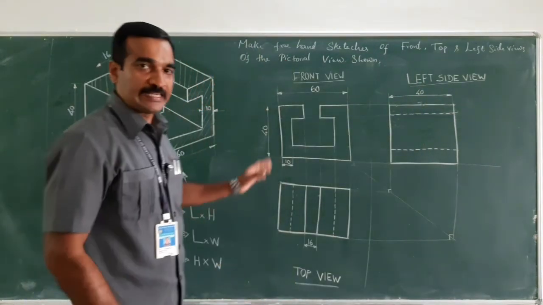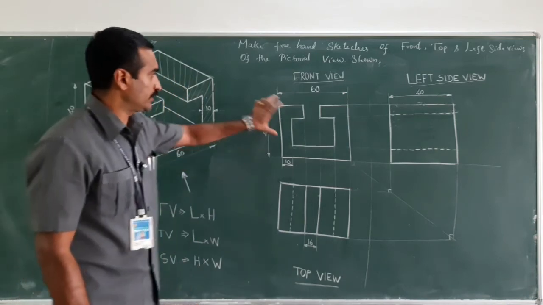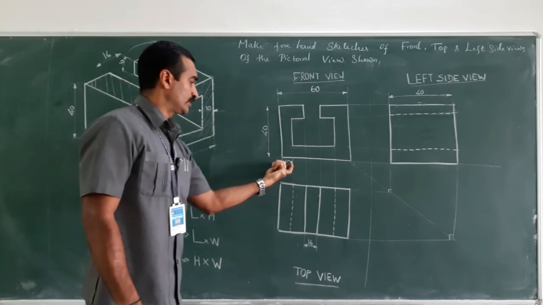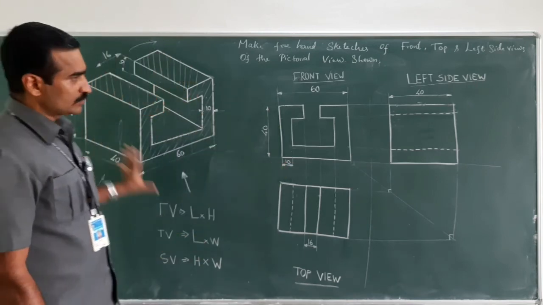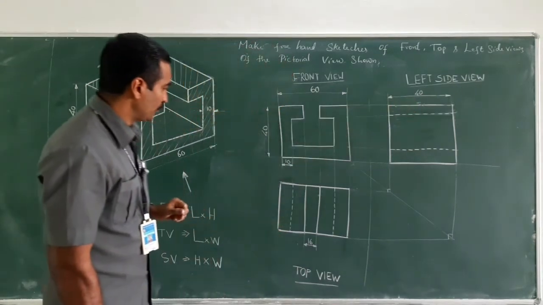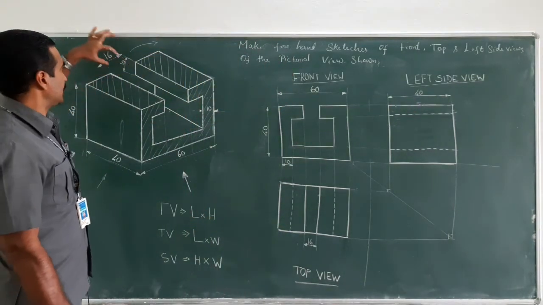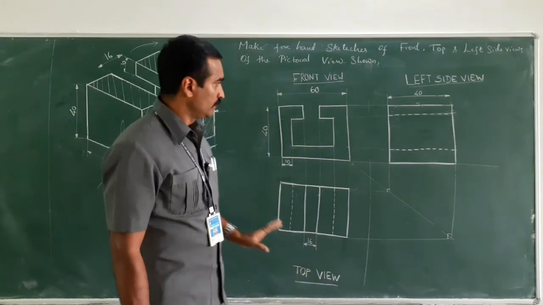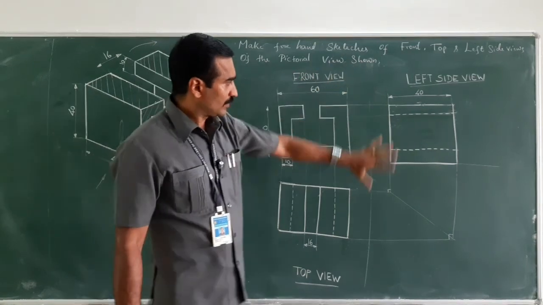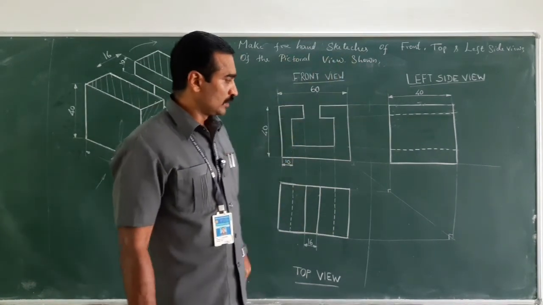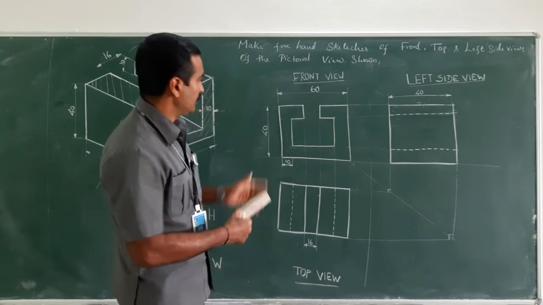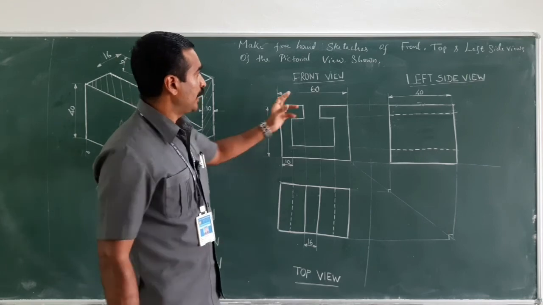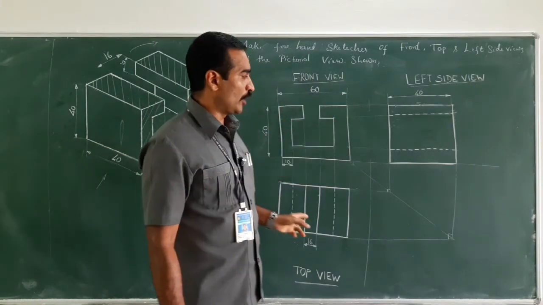Check if anything is missed out. Look at here, length is captured here, height is captured here, thickness of this particular web is captured here, and the width is captured here in the side view, and between these two portions, the 16 is captured in the top view, right? So I have completed all the three views, and one more thing is missing, because what unit I have considered here, though it is mm, I am not supposed to use mm in the drawing.